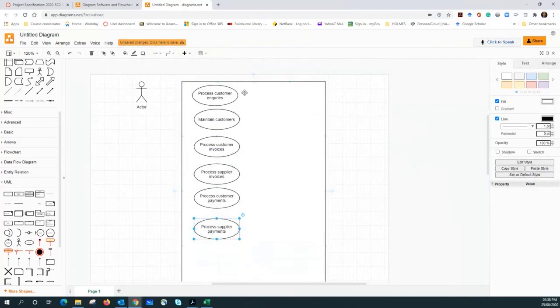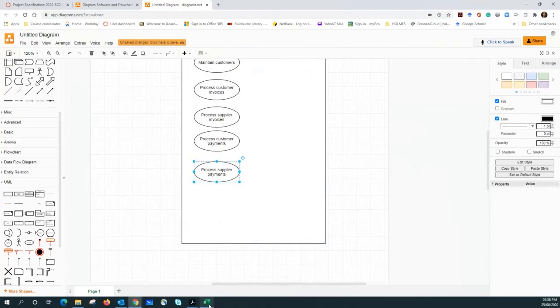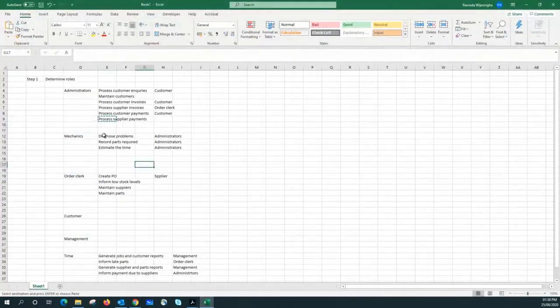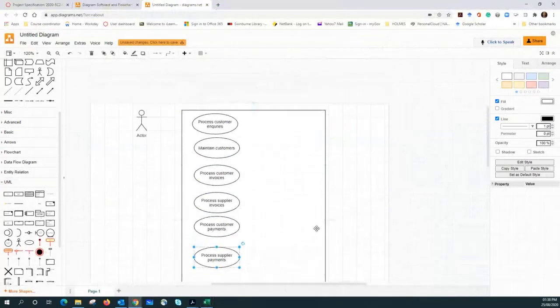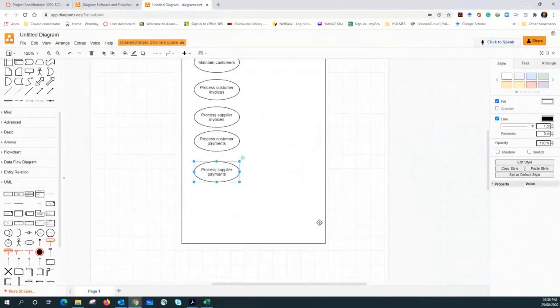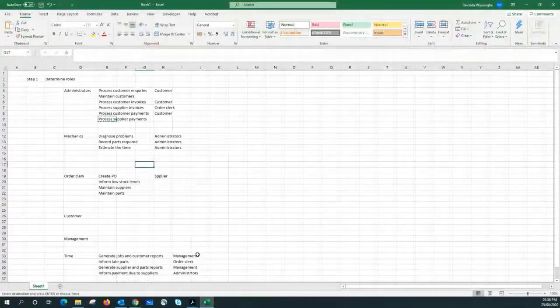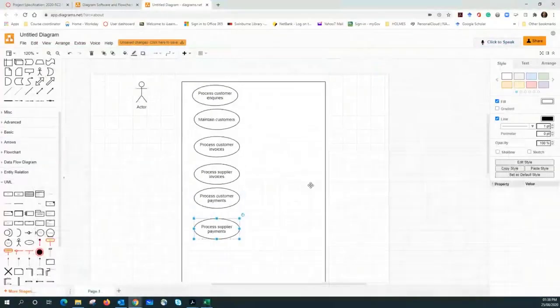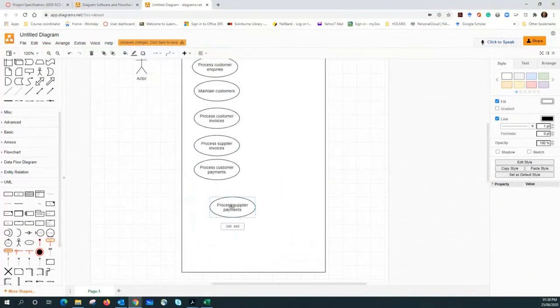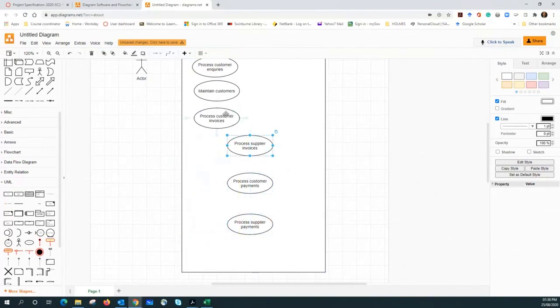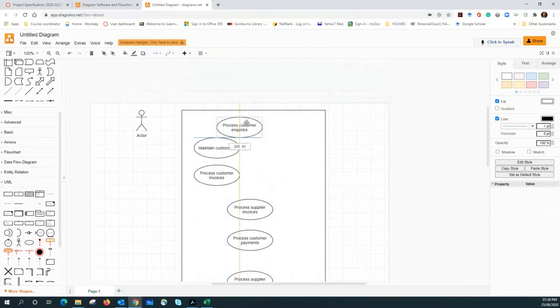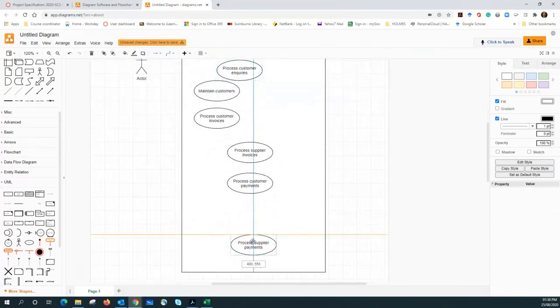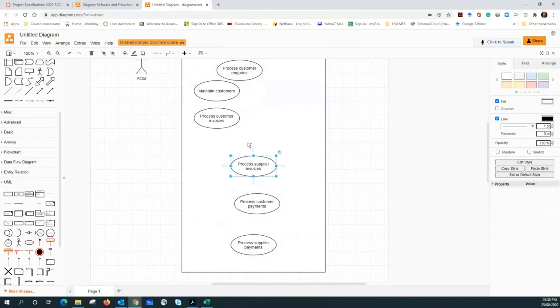I can make it a bit nicer. So let me keep only these for the time being, since I have a lot of use cases. Let's assume that we have only these, because otherwise I'm running out of space. You need to have six use cases. Keep it like this. Once you have organized these use cases,